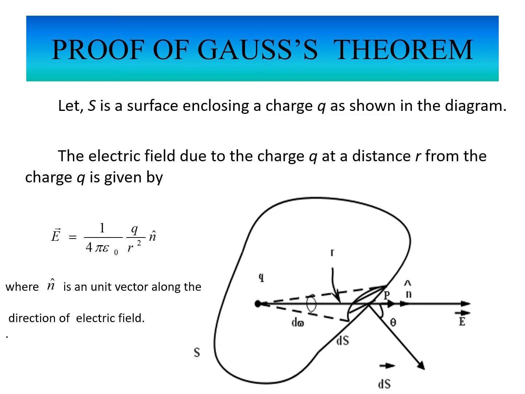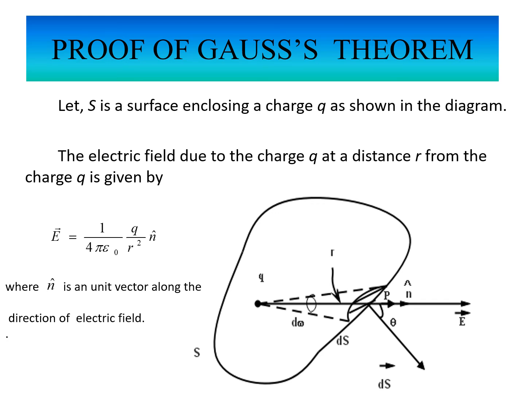Now, due to the charge q, the electric field is capital E vector, and on the surface ds, the electric field is directed outward as shown in the diagram, and the magnitude of the electric field is given by 1 by 4 pi epsilon naught q by r square,